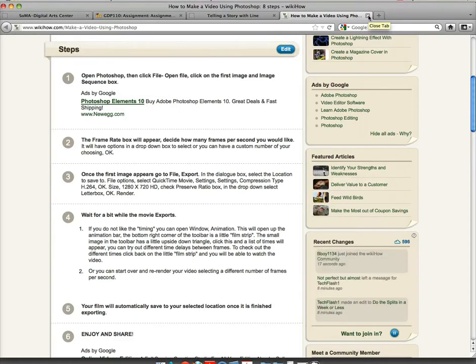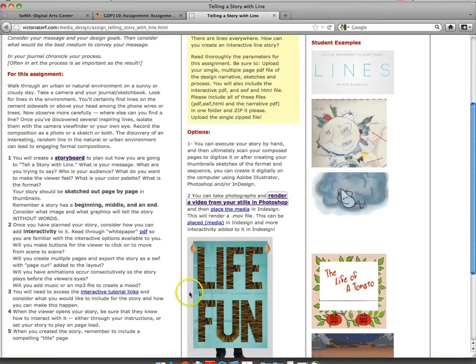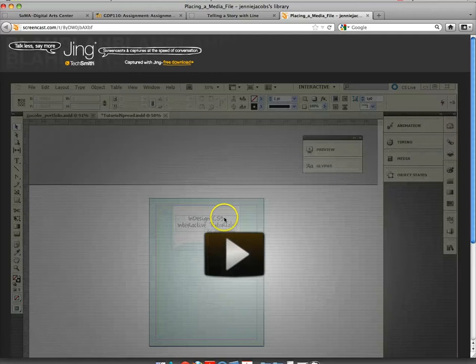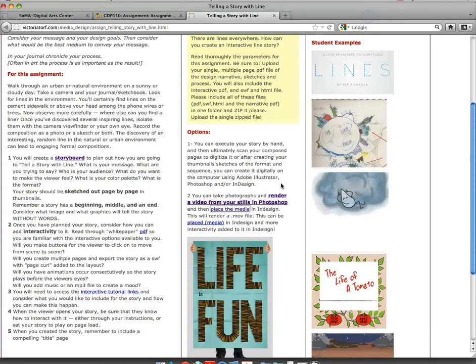The advantage of this was then you can, let me close this up, you can come right back here and use this tutorial, which is how to place media in InDesign. So then you place the movie file in InDesign, and you can do all these other things around it as well. You could have your movie playing, and while your movie's playing,